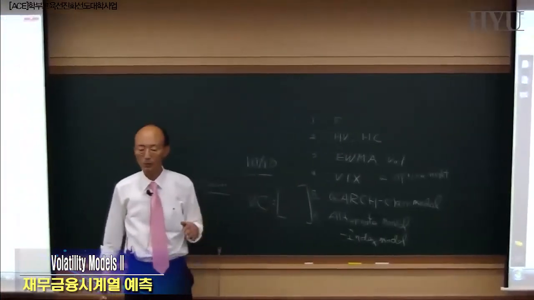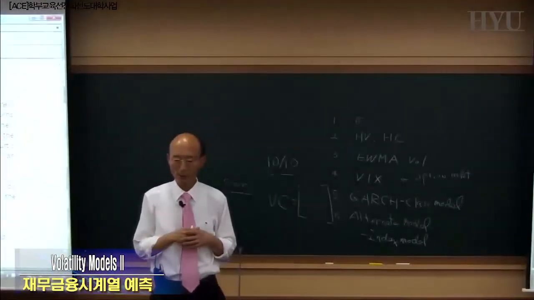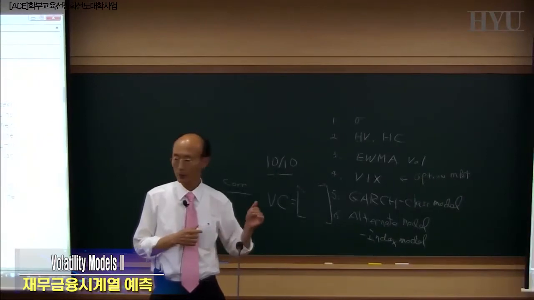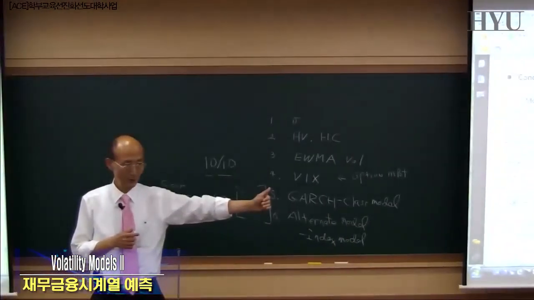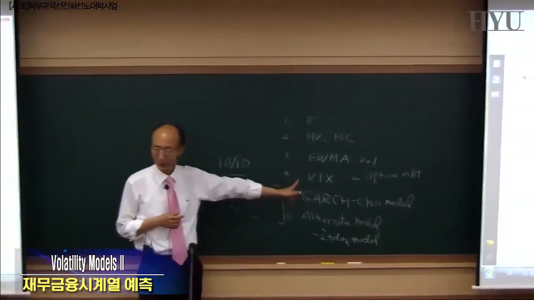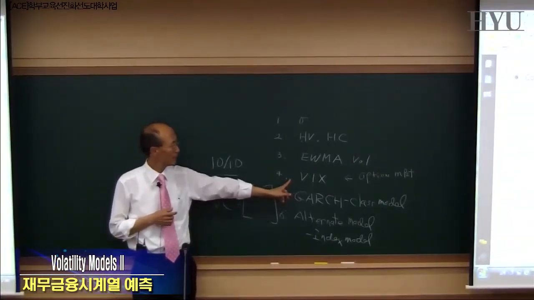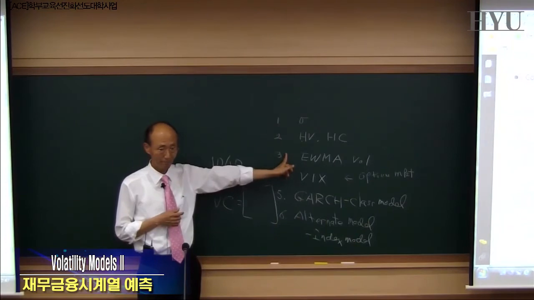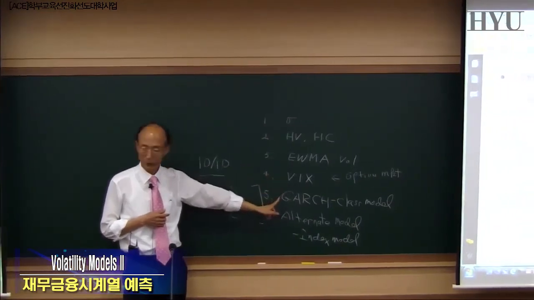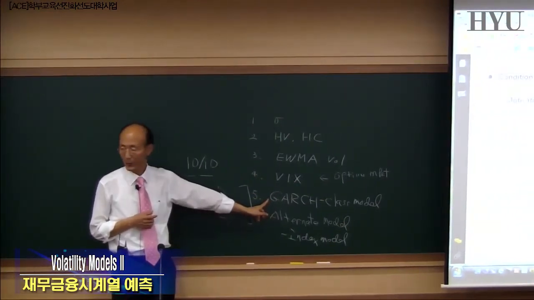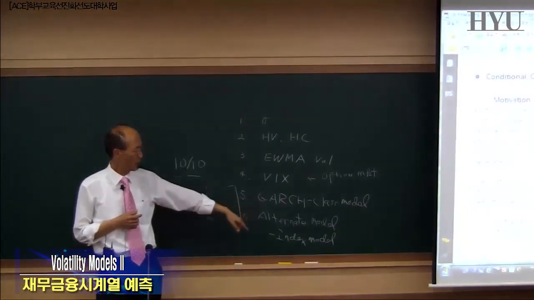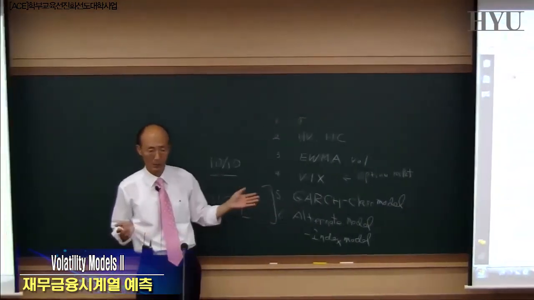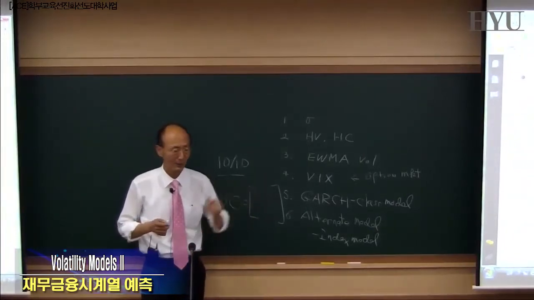But what if you want to forecast, let's say, volatility 2 months from now or 3 months from now? It doesn't tell you that. Neither do those. Okay? So you need to build a model, and the idea is very similar to building an autoregressive model or ARIMA model, okay, to generate forecasts.